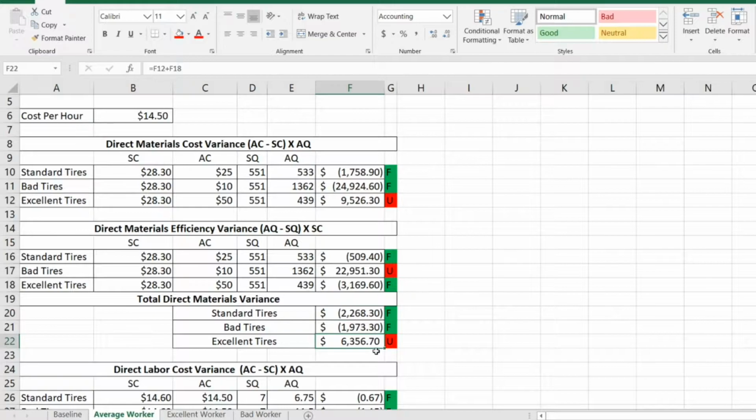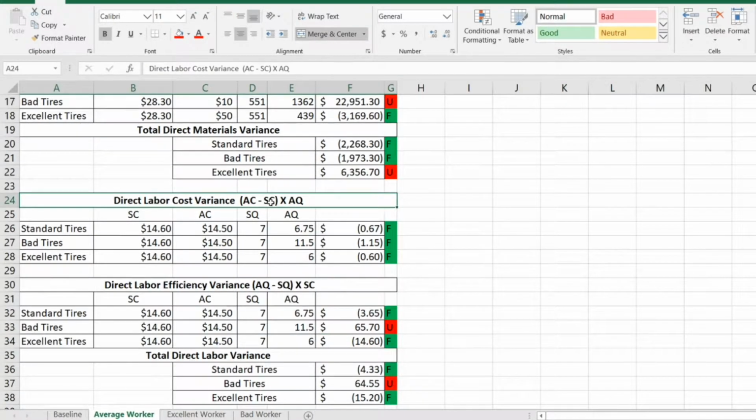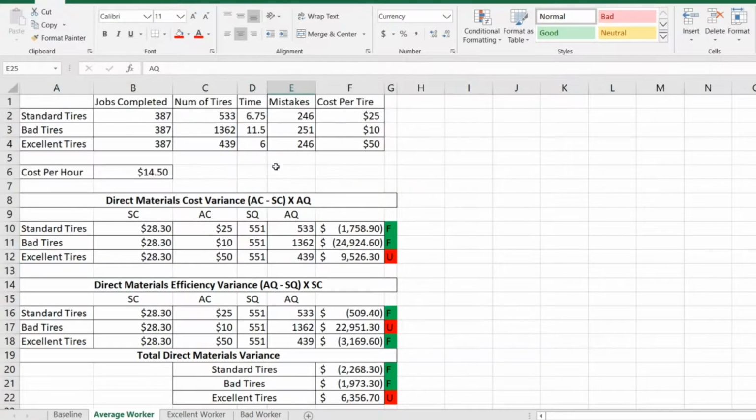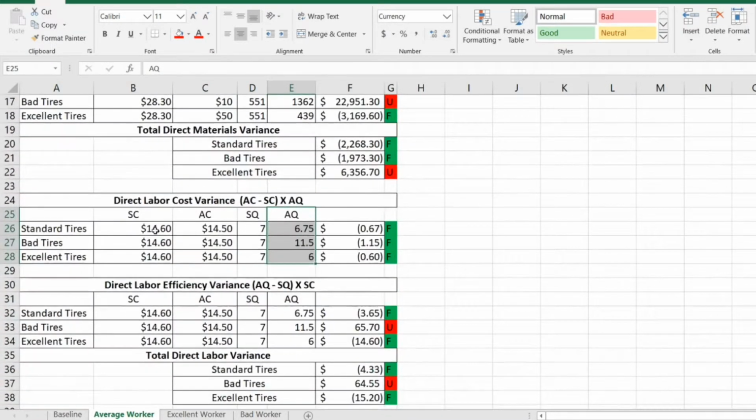tires is $6,000 unfavorable. Next, we have the direct labor cost variance, which is the difference between the actual amount paid for direct labor and the amount that should have been paid for direct labor. So here we have the standard cost of direct labor, which is based on the average of all of our employees' wages, the actual cost, which is what they made, and the standard quantity, which is the average 7-hour workday, and the actual quantity, which is the time it took to actually complete the 387 jobs for that day. So this worker only made 10 cents less than the average worker, so his variances are all pretty marginal, but